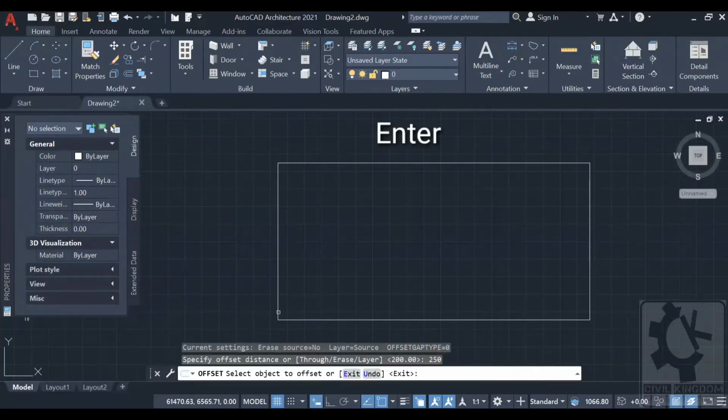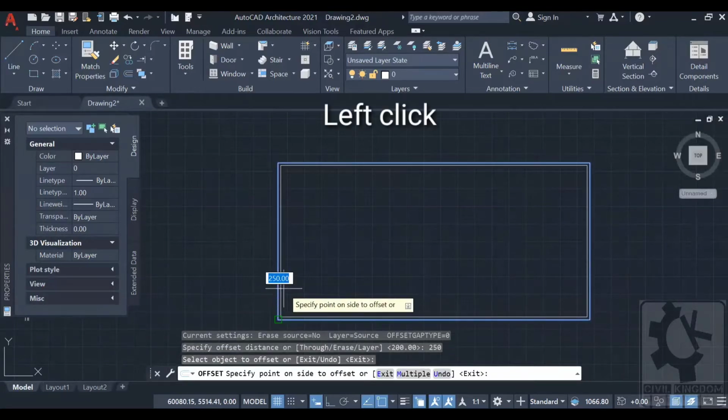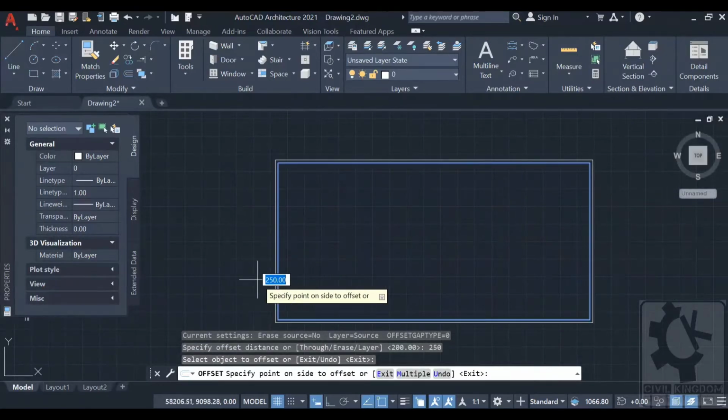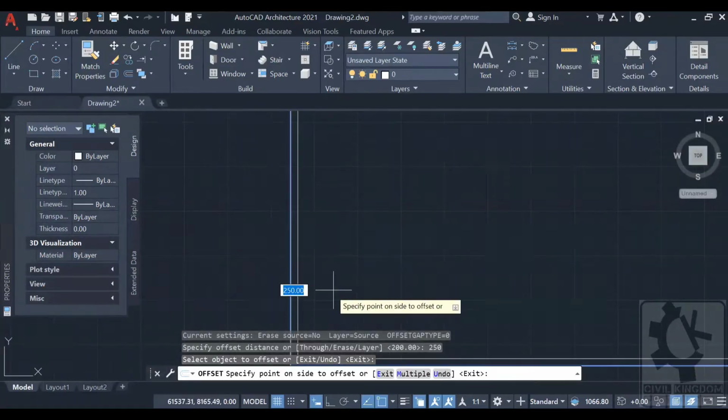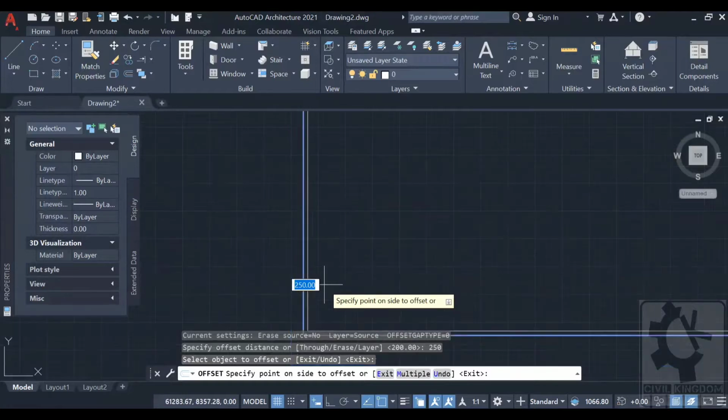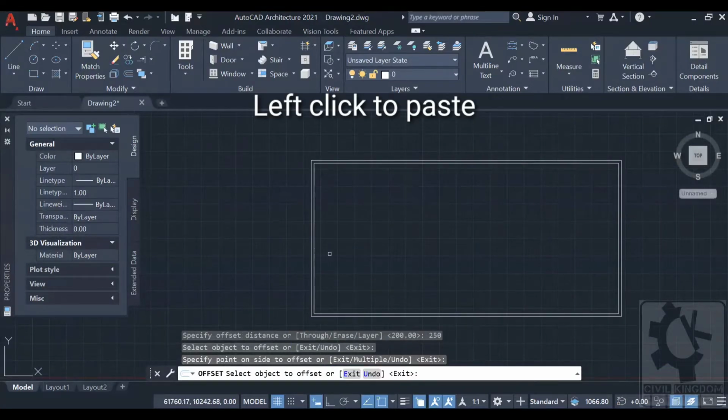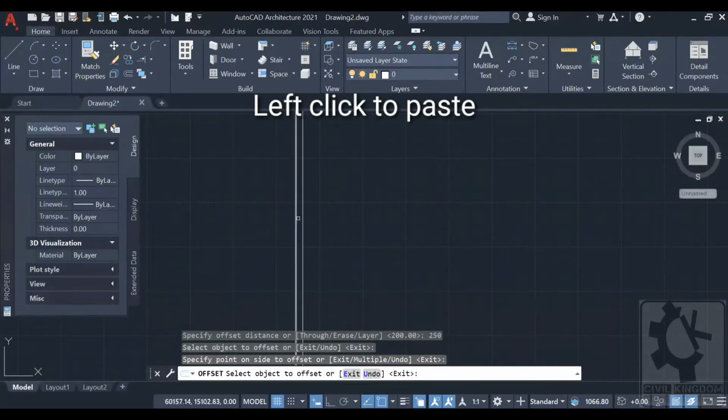Okay, enter, select the object with the left click, and the offset will automatically appear, and with the help of the mouse you can give the direction. That's how you can draw the wall of a building.